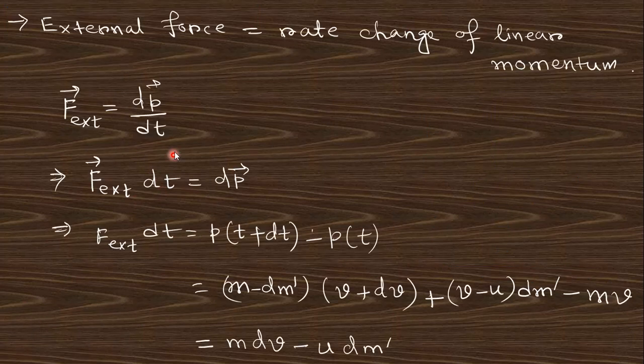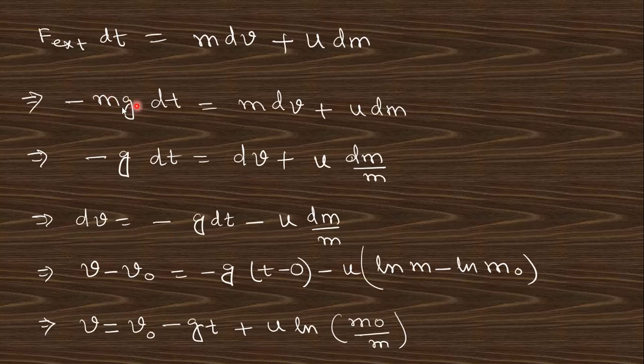Now, in the previous problem we took the external force to be 0, but here the external force is not 0. So if you rearrange this, dp will be the change of the momentum. In the previous case we took this as 0, but in this case we do not. So if you multiply, you will get the same two terms as the previous one, but here this is not 0; it will be minus mg, the weight along the negative y axis. Then just divide by m, and if we integrate it,